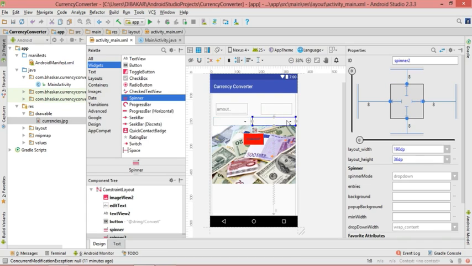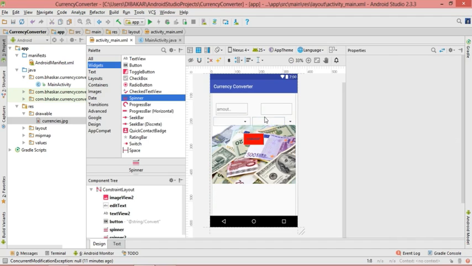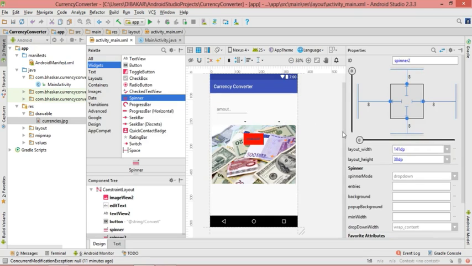Yes, you can see two spinners we have added. Now let's increase the size, and you can see also you can bring this thing to the right side or any other side by dragging this bar here. You can see. All right,